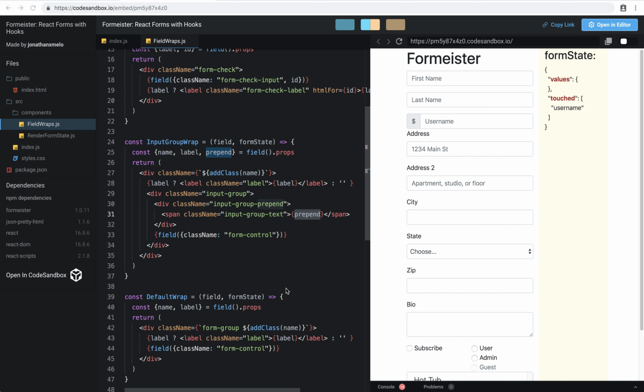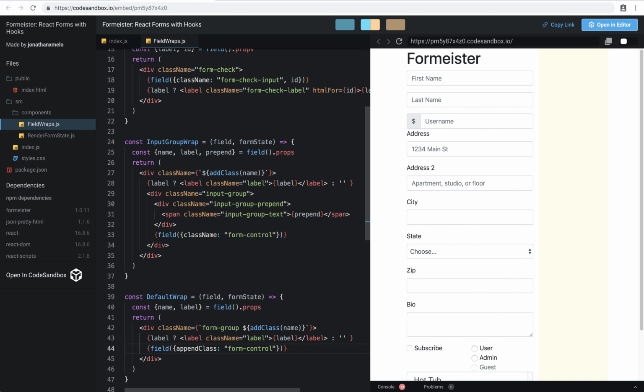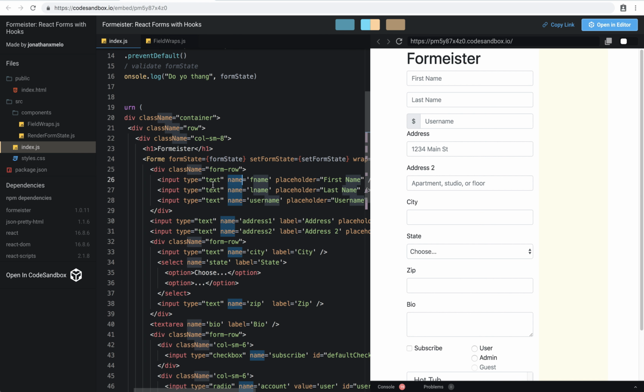Another capability that's related specifically to Formeister is when you have your field function, right? This is what the actual field is. It's a field function, and so you can pass your own props here. So here we have class name, but we also have a prop called append class, which essentially, if there's already a class on that input, like for example, if we go to the first name and we have class name